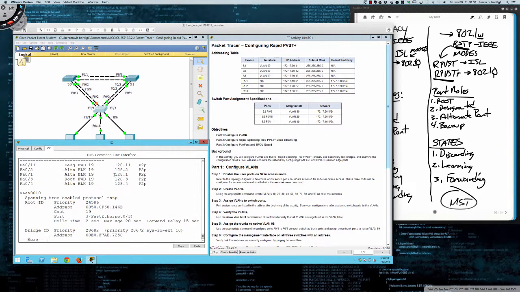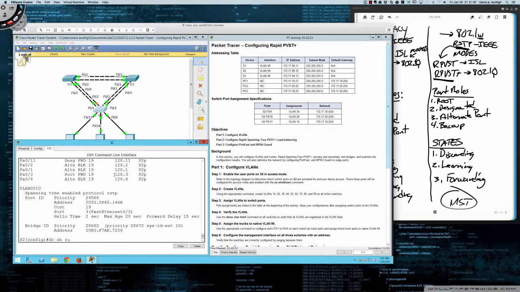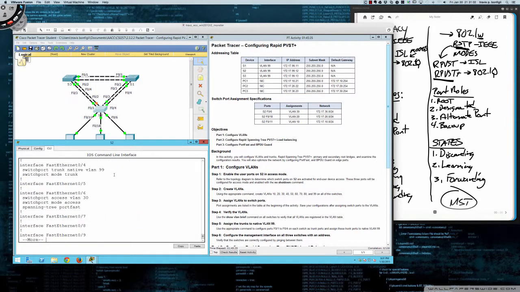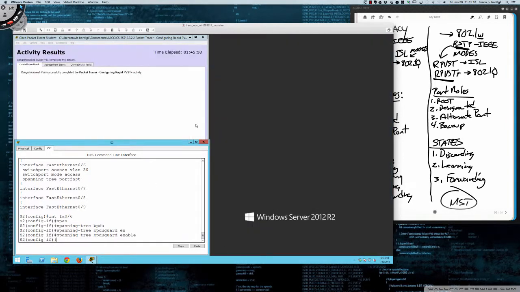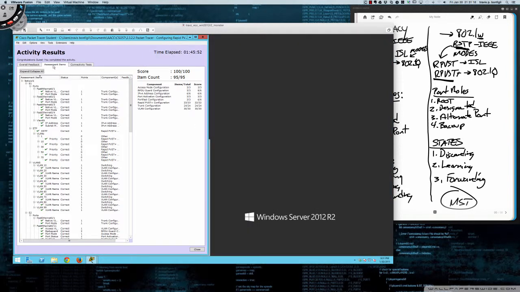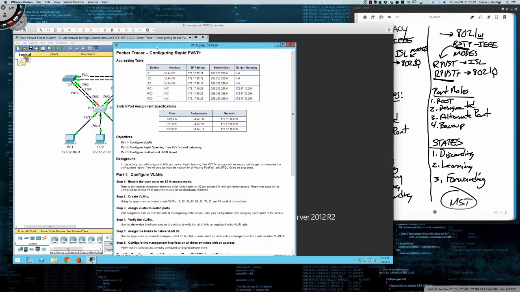Let me go ahead and say do show run. Let's take a look at Fa0/6. And sure enough, so let's go ahead and go into interface Fa0/6 where I forgot to say spanning-tree bpduguard enable. All right, let's make sure that we've got everything knocked out. And we do. We're at 100 out of 100. All right, so this has been Packet Tracer activity